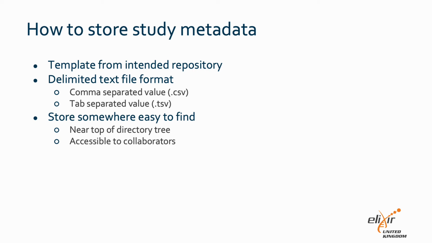If you plan to submit your data to a public repository, they may provide a template describing all relevant fields for the submission and may be more specific to the type of data you are collecting. Knowing what metadata is required before you start your experiments means you can collect the data as you go, rather than trying to find the details later on. If you don't have a specific template, I recommend using a delimited text file format. These file types can be read and edited using a spreadsheet or text editors, but are not restricted to a particular proprietary software.